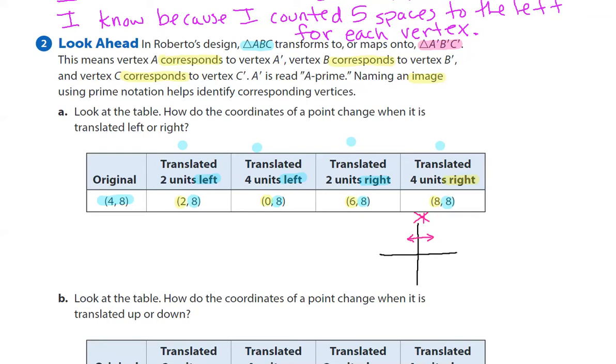Just the x's are changing because it's going left to right. Okay, so how do the coordinates of a point change when it's translated left or right? The x value changes, but the y value